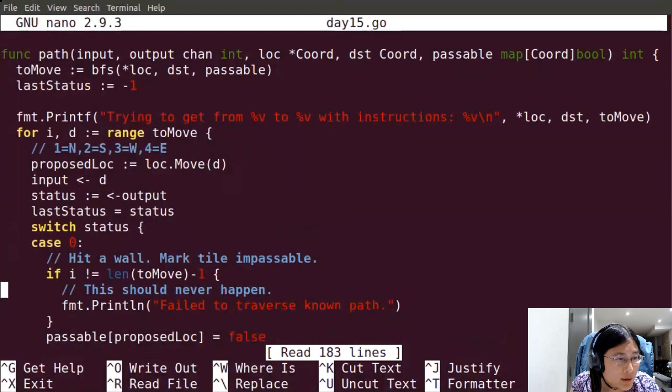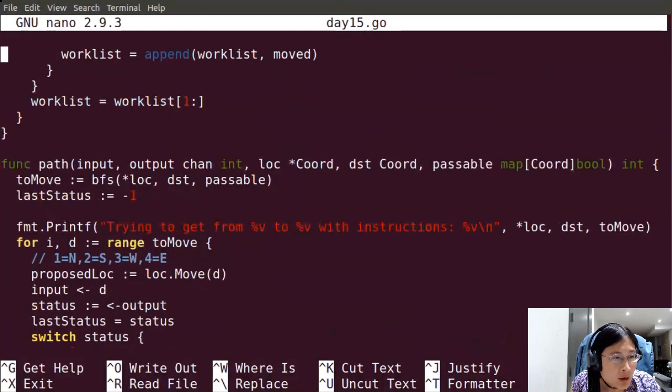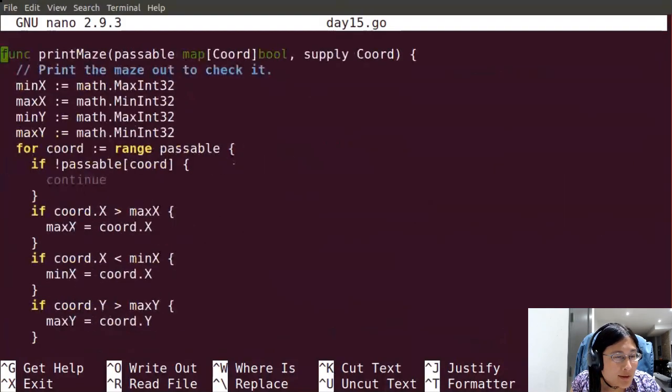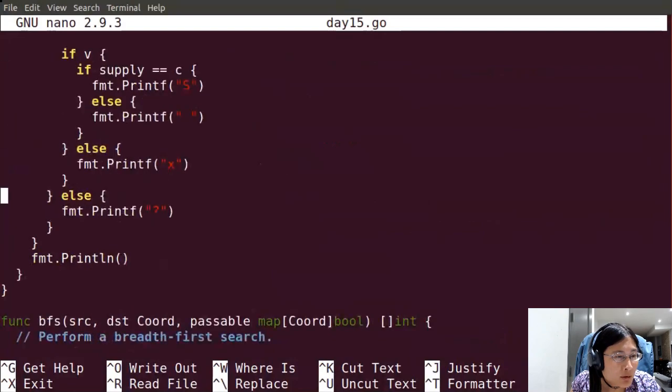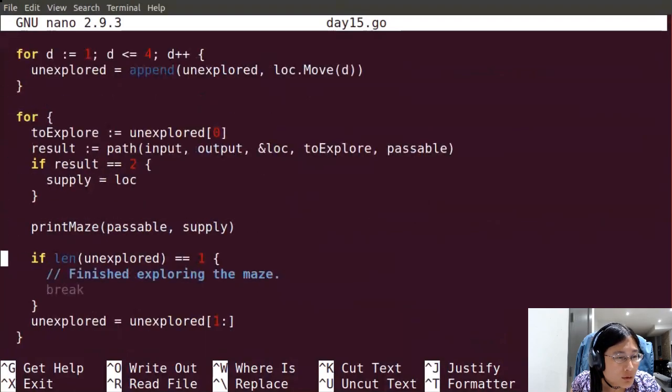Yeah, okay, so that's fine. Passable proposed location is false. Otherwise, passable. Oh, I see. I see. Okay. Yeah. I understand what's going on here. Okay.